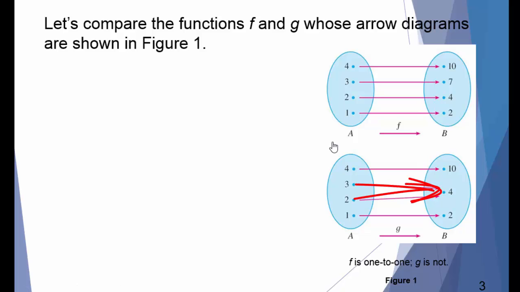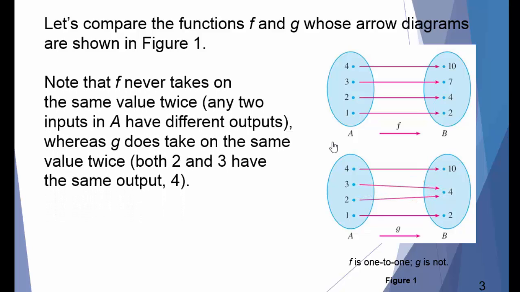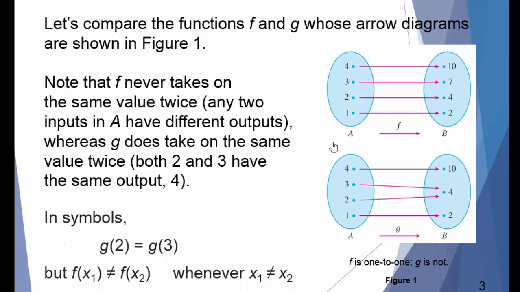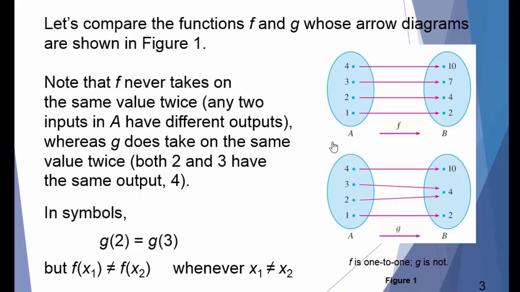This is still a function. But notice that f never takes on the same value twice, meaning any two inputs in the domain have different outputs. G does. Both 2 and 3 have an output of 4. In symbols, what we say is that g of 2 equals g of 3, but for the function f,